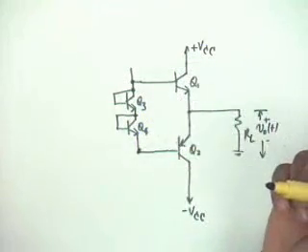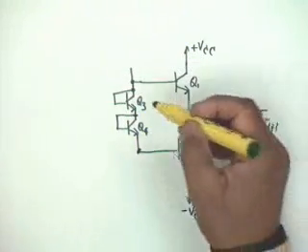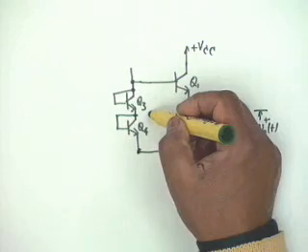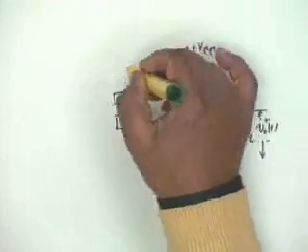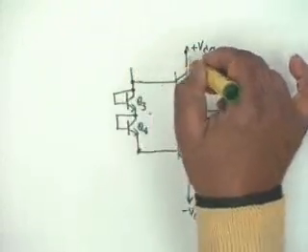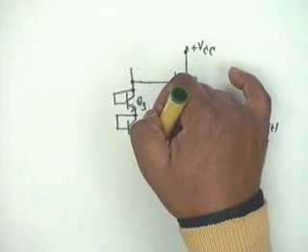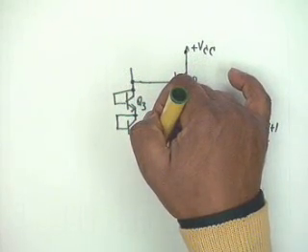Now, we do not want to draw any current from here. We just want to set up a voltage 0.7 here, a voltage 0.7 here. So, the current is not important, but we do need a current. Now, how this current is obtained is, we can either use a resistor from plus VCC to here, then it would be VCC minus 1.4 divided by